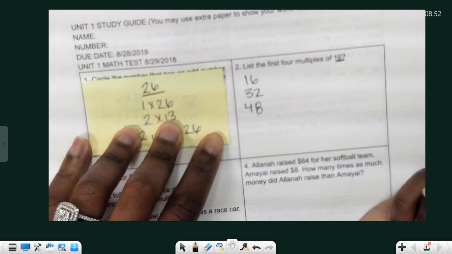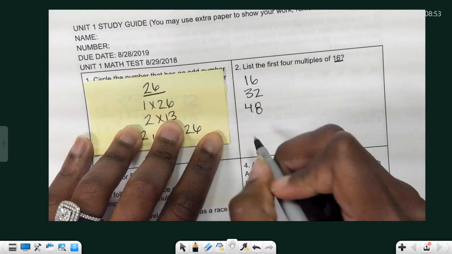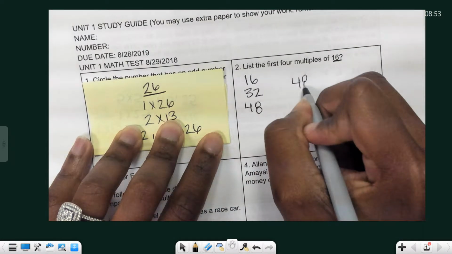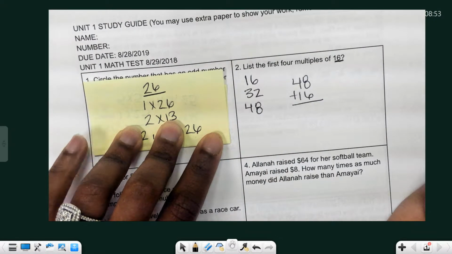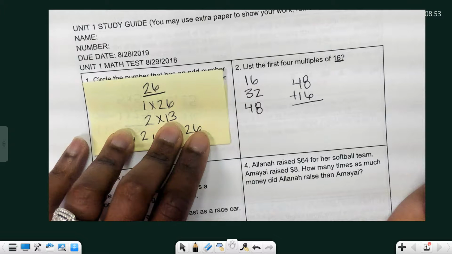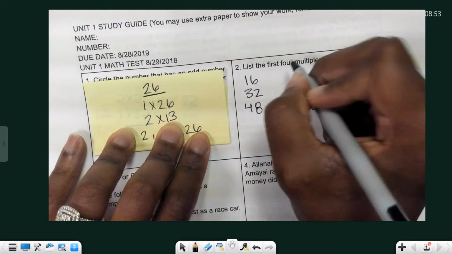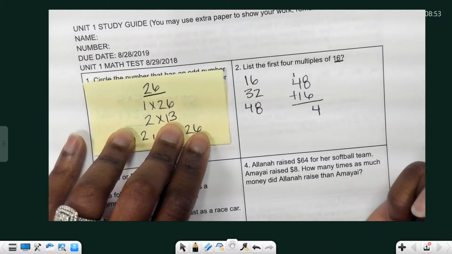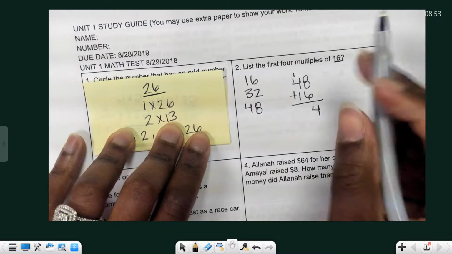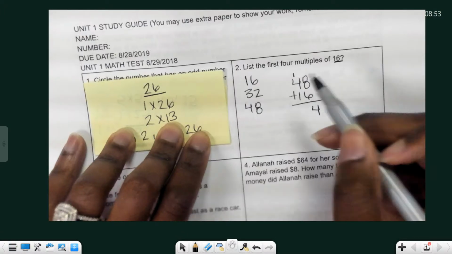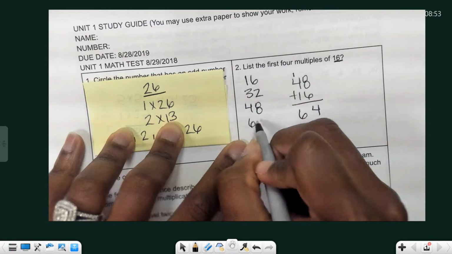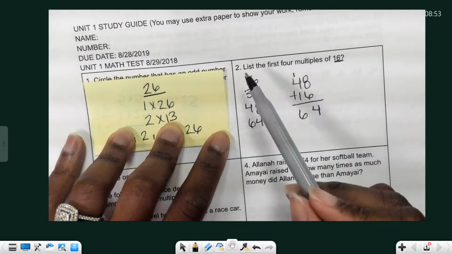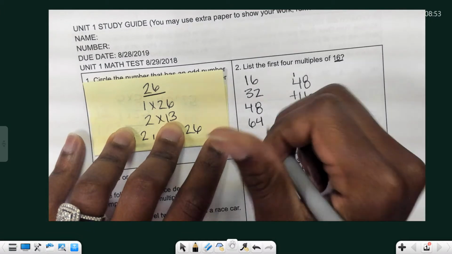And the next one? 48 plus 16? 8 plus 6? 14. 4 plus 1? 5. Plus 1, 6. So the next multiple is? 64. So your first 4 multiples of 16, you should have had 16,